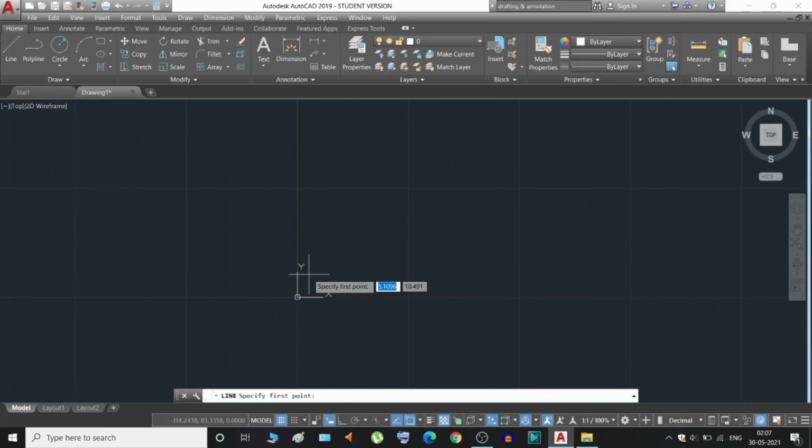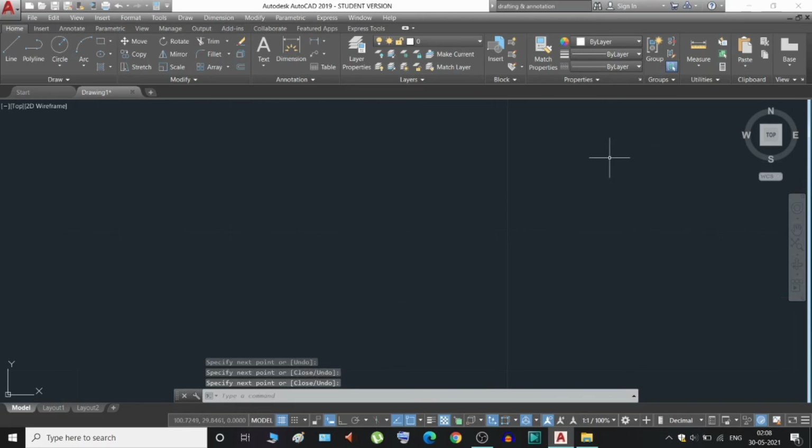Like if you are drawing some object over here, and if you have created another object here, if you zoom out, then you can definitely reach the UCS at some point.